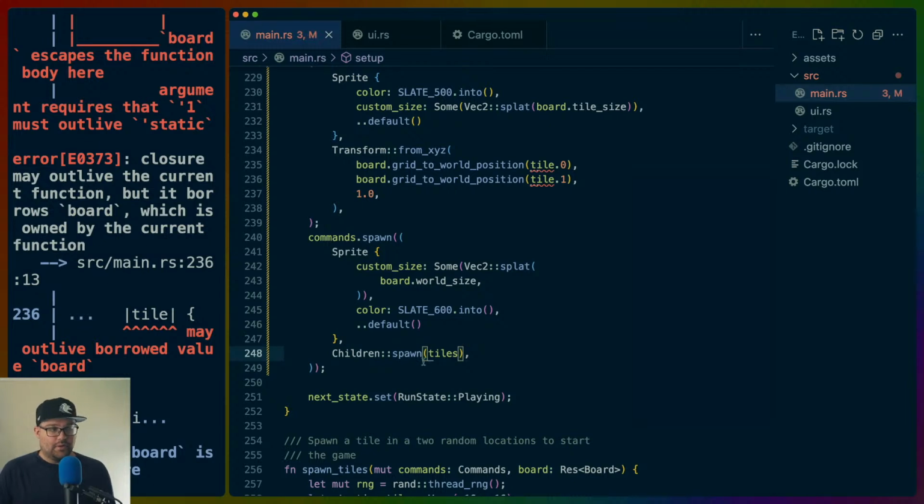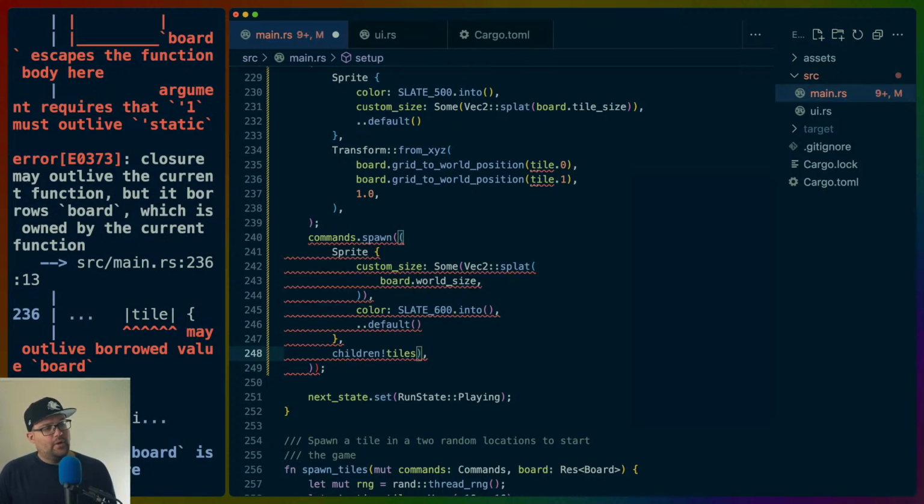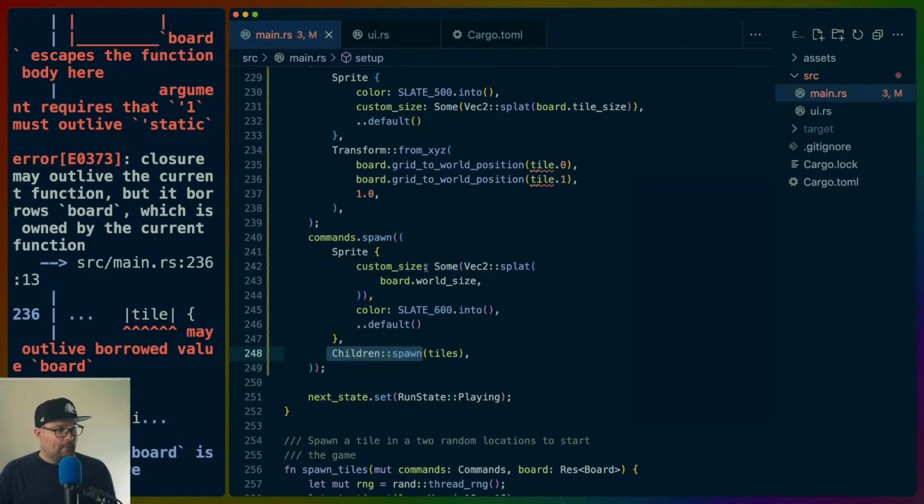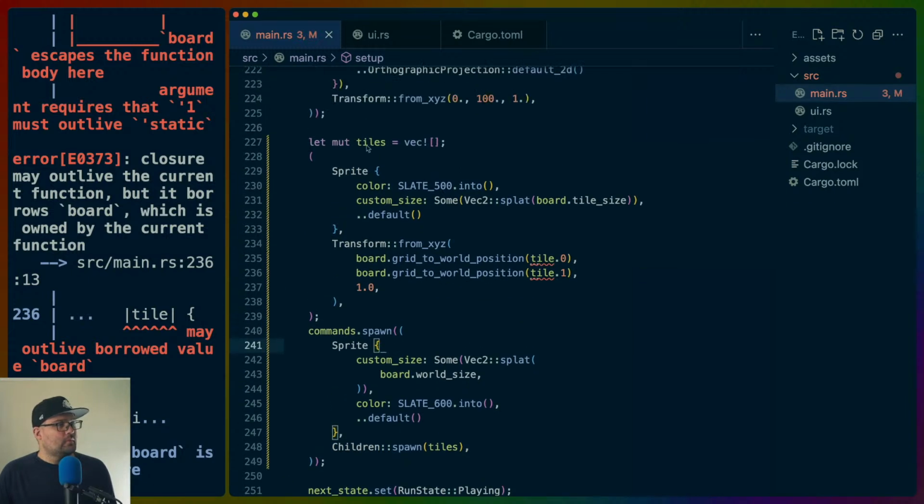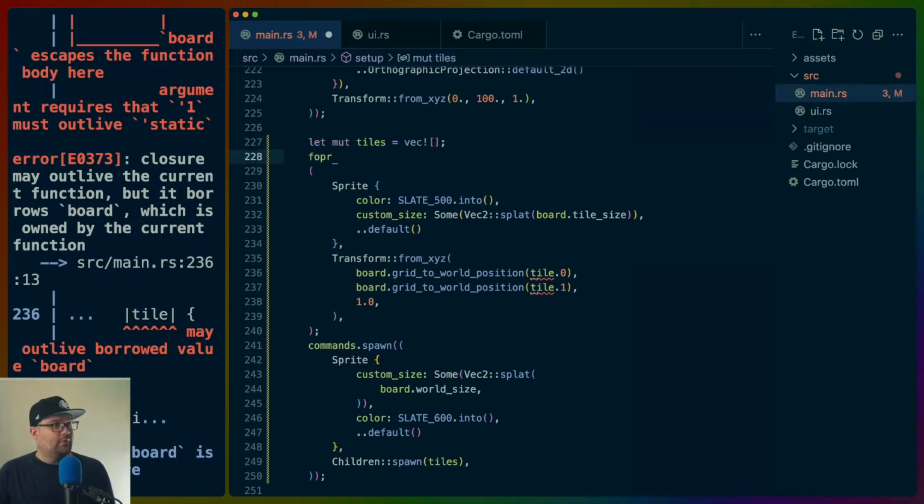And then I think we also get to use the children macro like this. Actually, I don't know if we get to use the children macro. The children macro with a pre-existing vec feels very weird. We'll have to figure that out. We can do children spawn. So for tile in